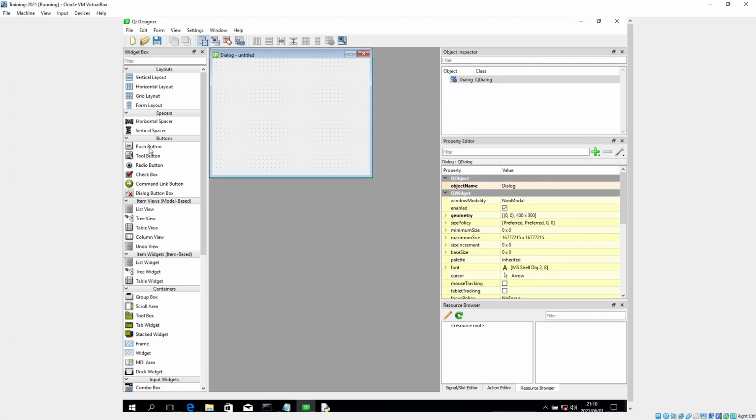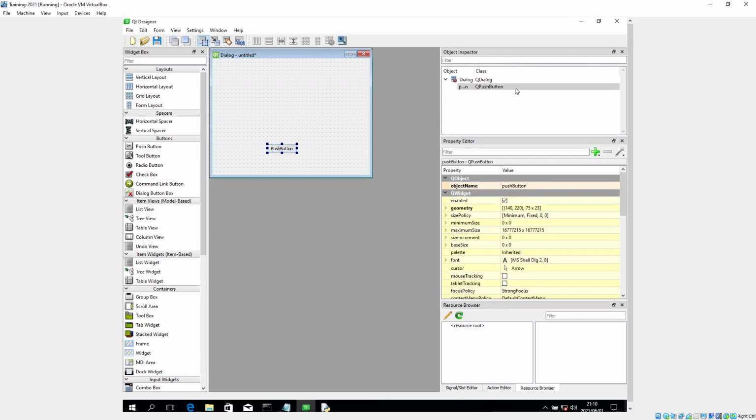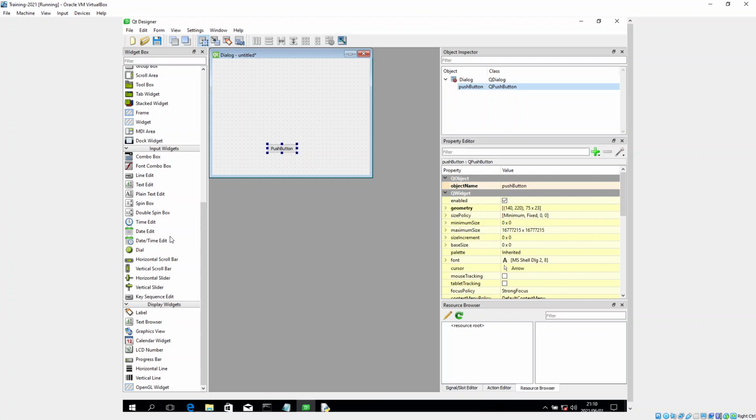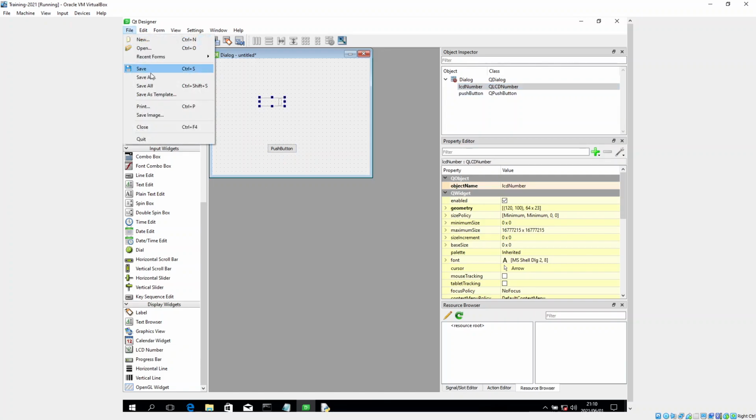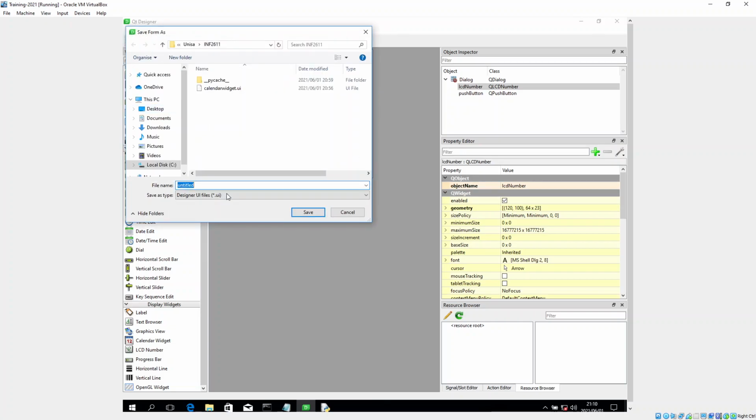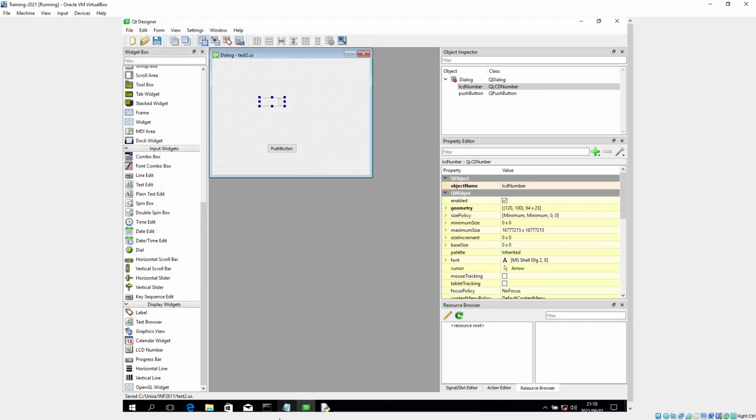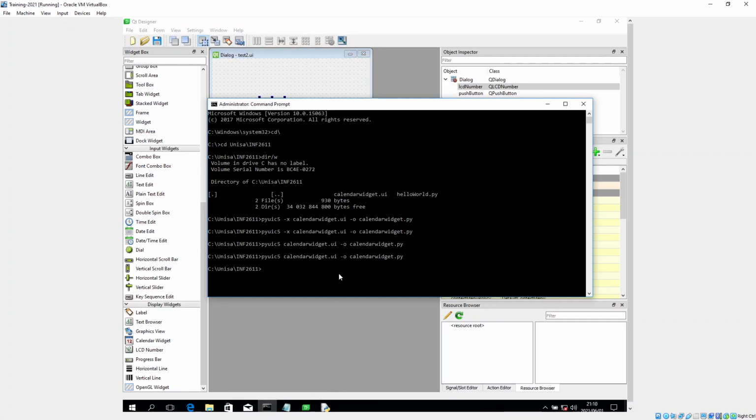This form, I just want a push button on it, and maybe let's put a, well, what else can we put on? It doesn't really matter, but we can put a push button, we can even put an LCD timer, whatever we want to put on here. We save this form, we can call it test 2 or something, whatever you want to call it. Alright, we go to our command prompt, we type in this conversion tool,